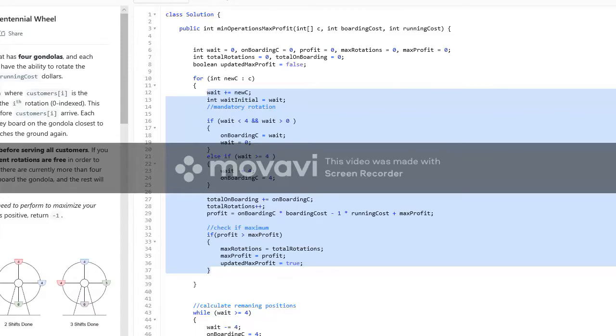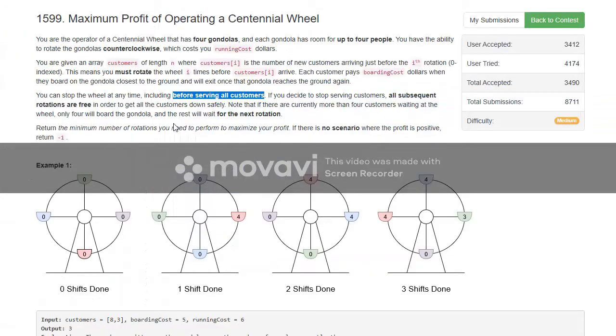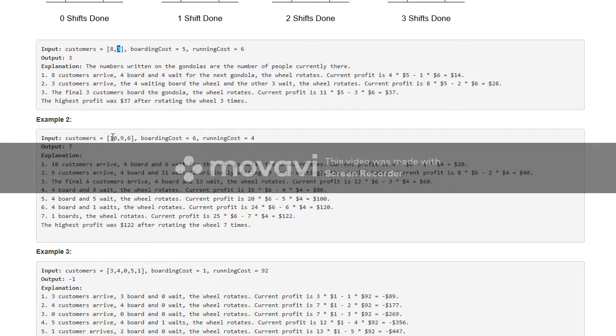Every time a client arrives, I rotate. Say a group of 10 arrives, we rotate and we can only take 4. 6 are waiting.